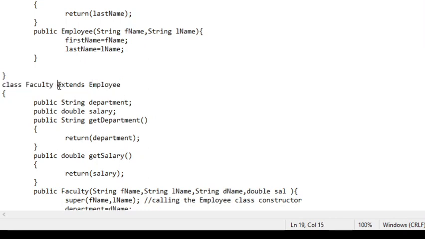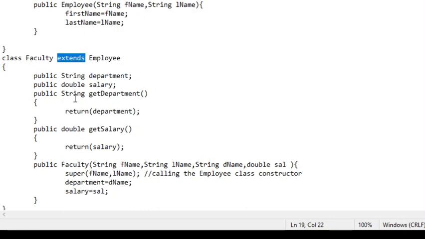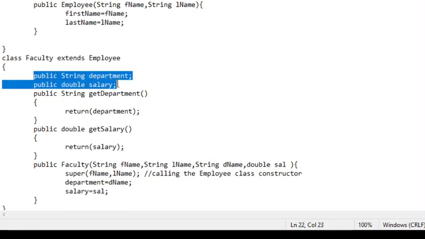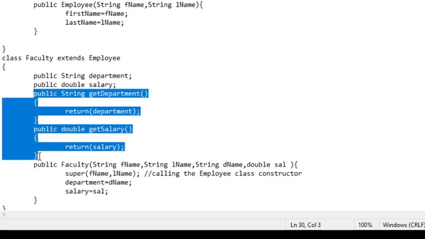So by using the keyword extends, we can extend the class faculty to inherit from the superclass employee. So faculty is the subclass, employee is the superclass. And faculty now of its own has two data members, department and salary. And it has two methods, get department, get salary, which does the usual task again of returning the department name